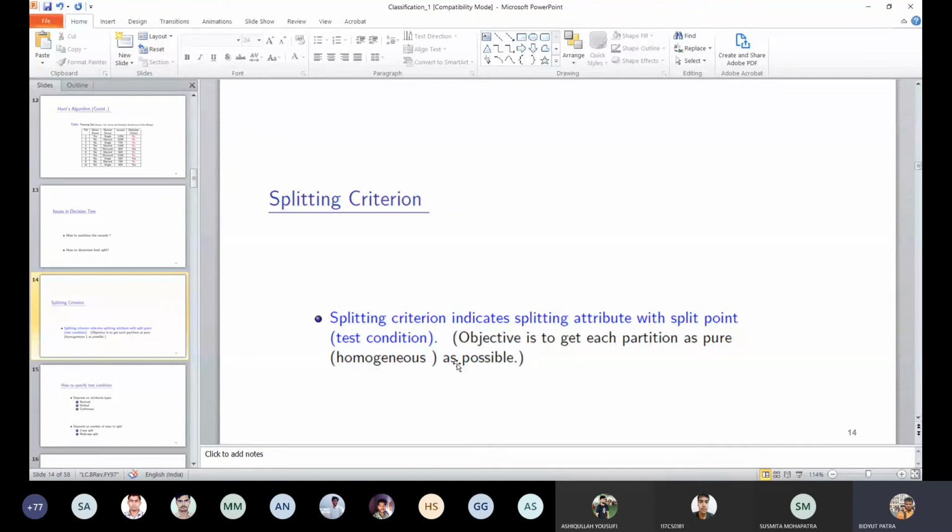What do we mean by homogeneous? That means all objects in a subset or in a node are expected to come from the same class. If not all points belong to the same class, the target should be that the majority of the points belong to a single class. So we need to find homogeneous objects in a class.